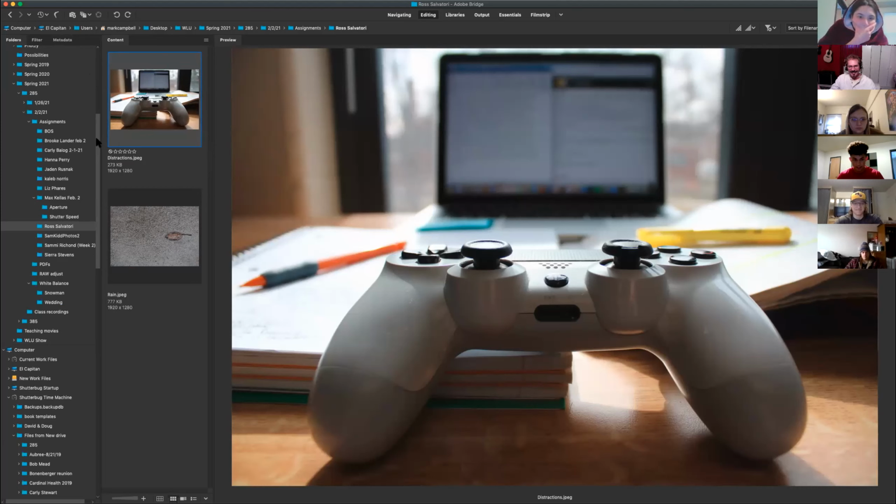This is called Distractions. So, I mean, again, if we're going to talk about stories, here's a laptop in the back. Clearly he's trying to do homework, and yet this controller keeps placing itself in front of him. I know that feeling. I know how hard it is to get work done when you want to play. So I love the title,